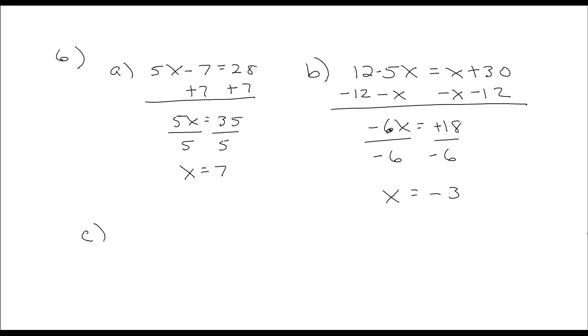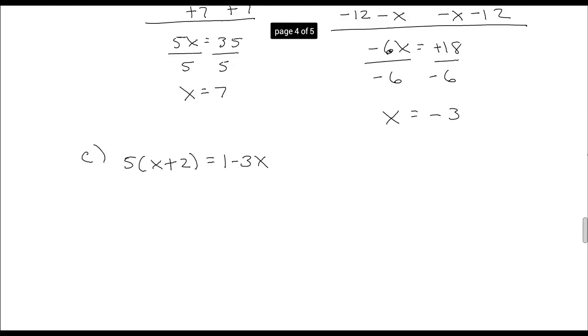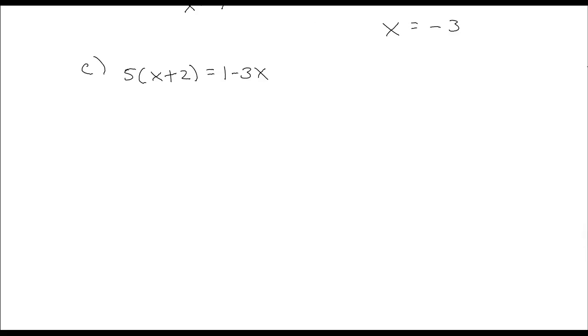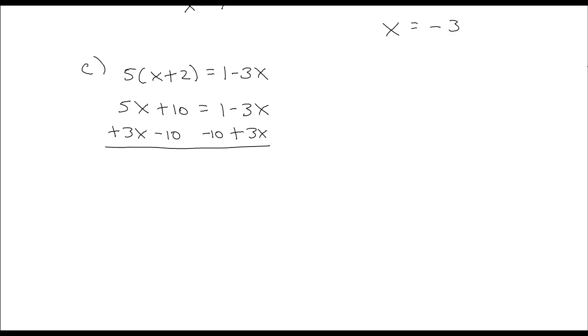For C, we have 5 times x plus 2 is equal to 1 minus 3x. And let me move this up a little bit. I'm going to distribute the 5 first, so 5x plus 10 is equal to 1 minus 3x. Let's add the 3x to both sides, and then subtract the 10 from both sides. So now I have 5x plus 3x is 8x, the 10's cancel, 1 minus 10 is a negative 9, negative 3x plus 3x are gone, divide both sides by 8, so x is equal to a negative 9